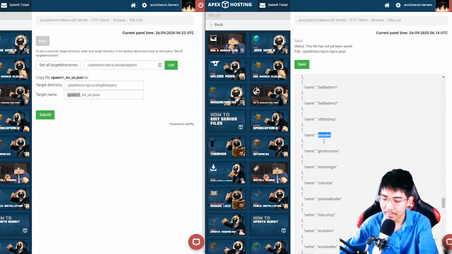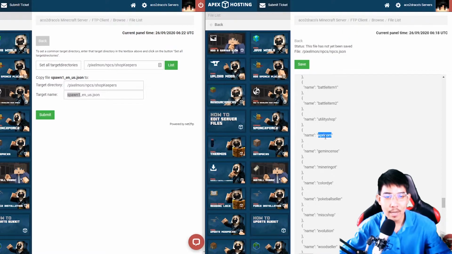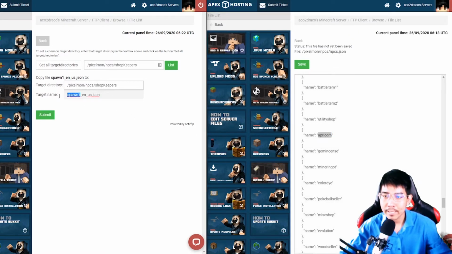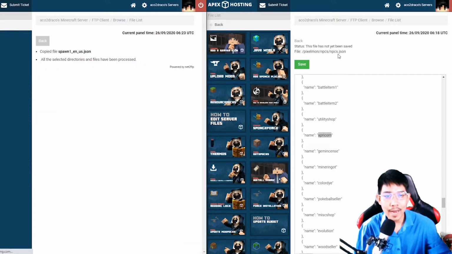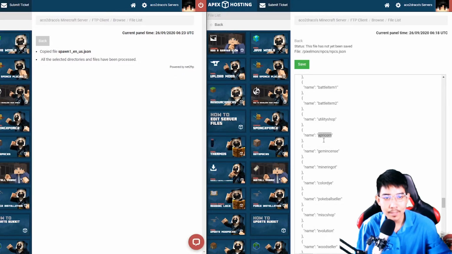I don't want to name it breeder because I changed my mind. I want to go for apricot seller. So this person is going to sell apricot. If you type apricot here, caps lock doesn't affect much. You can go with caps or without caps. I like to keep my stuff without caps. But the spacebar, you have to replace it with an underline. So don't use the spacebar, instead use the underline. Okay, I'm going to copy apricot and put it here. Copy and submit. Now, in my NPC file, I have an NPC shopkeeper named apricot, and in the shopkeeper file,